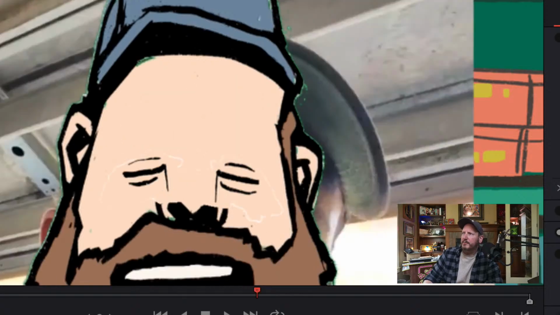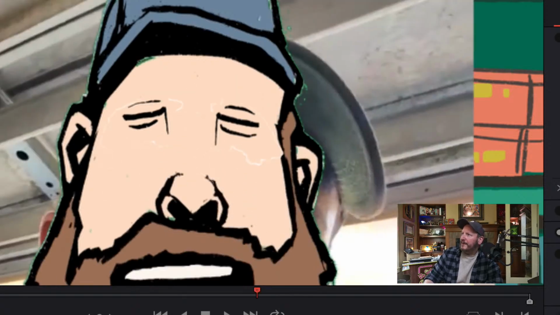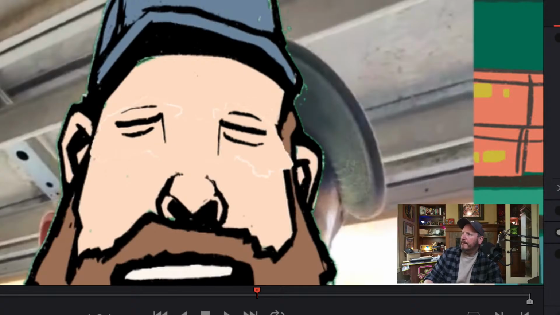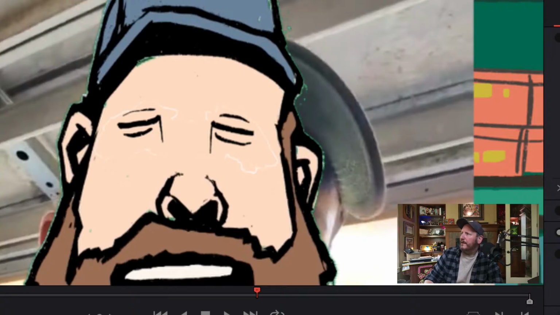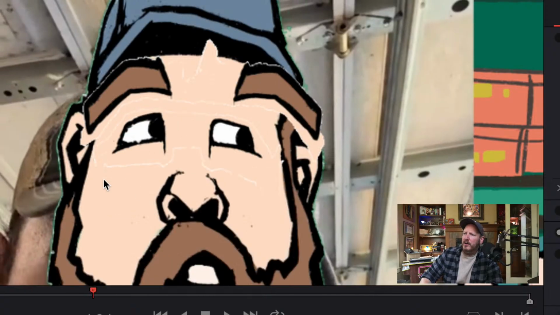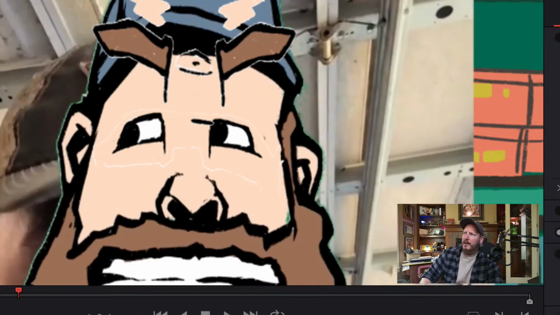This one is his blink. Whoa, that's way off. This has got to go way down. I think his eyes are, hang on. The top part of this triangle is the inside of his eye.